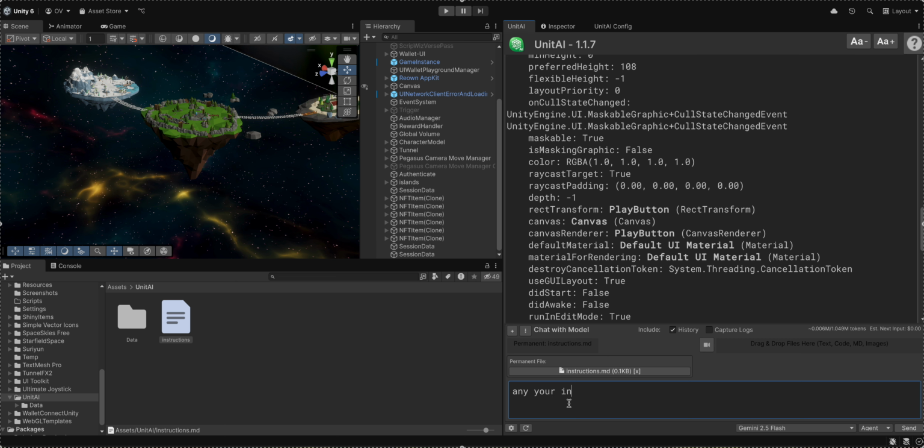This isn't limited to color formatting. You can ask UnitAI to remember your coding style, naming conventions, response structure, indentation rules, anything. No wasted API calls or surprise builds like with Cursor. Just smooth